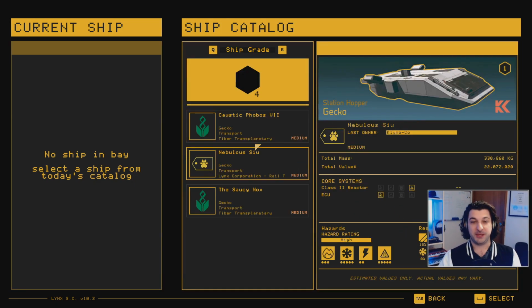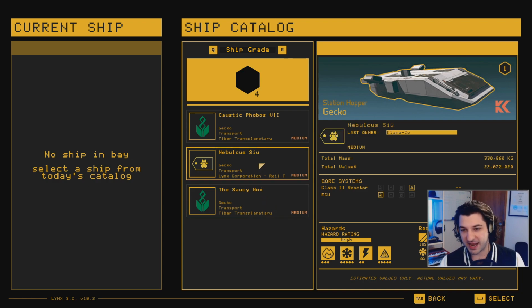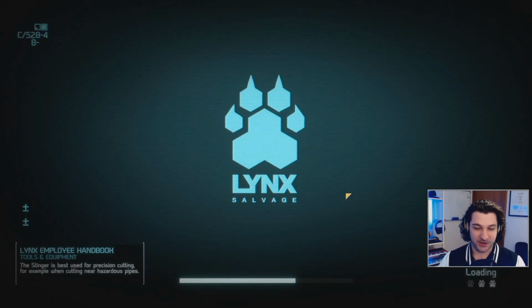So let's do a new ship here. The comments are really helpful. I got some new strats. Let's go for the saucy Nox. Baby. I'm ready. Okay, so...